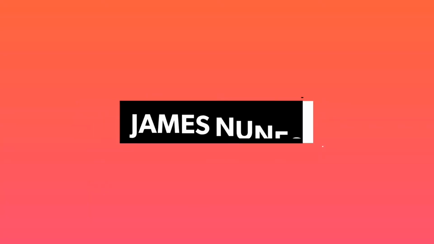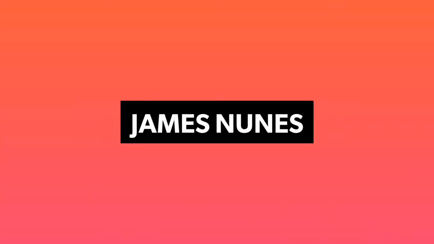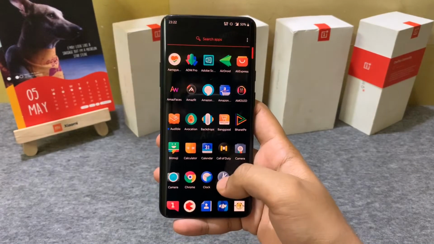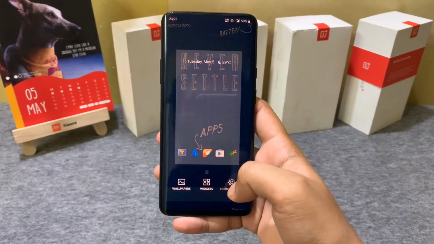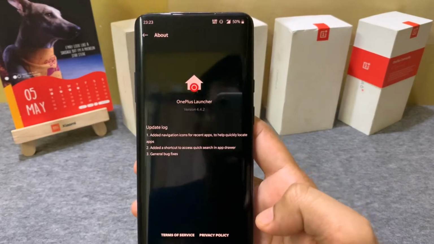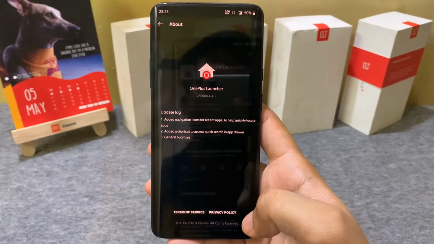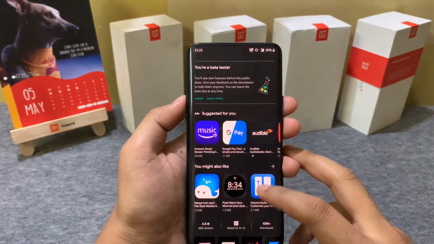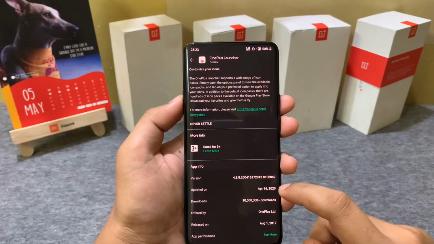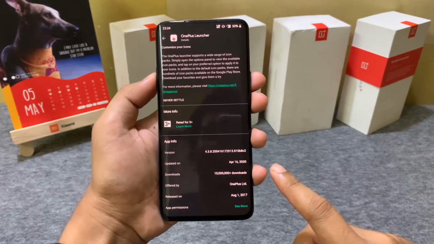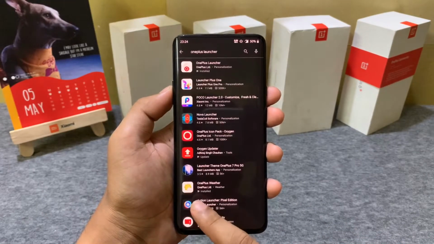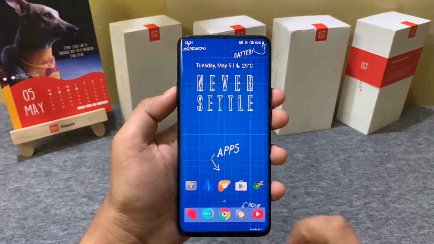So OnePlus has rolled out a new update for the OnePlus Launcher, which comes with a great number of customizations. Today, I will take you through new features available in this update. Although this new update is not officially available on the Play Store, it will be made available soon enough, but you can always sideload it. The only thing to make sure is that your device should run Android 10.